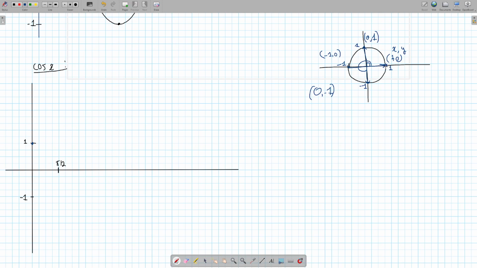And 360 is the same as 0. That's how they got the values of the sine and cosine, and what's in between them. They used triangles. Anyways,